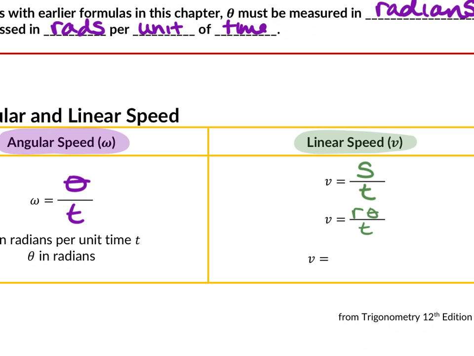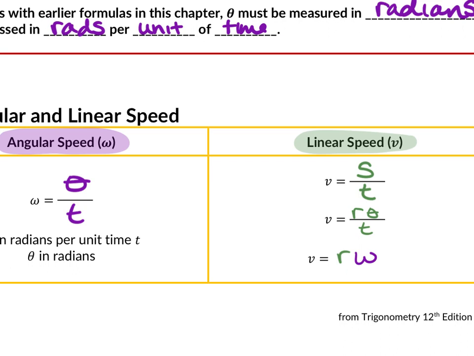But what's really cool is if you notice theta divided by t. Didn't I just write down a formula for what theta divided by t is? No. What is theta divided by t? Yeah, what's this letter called though? Oh, not W. Omega, which means we can rewrite the velocity formula as r times omega. So we can relate our angular velocity and our linear speed, sorry, I said velocity, angular speed and linear speed